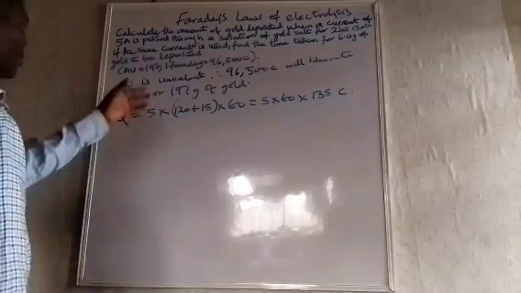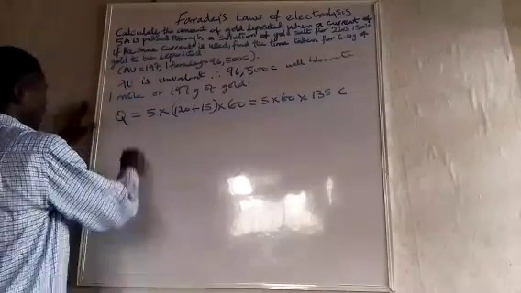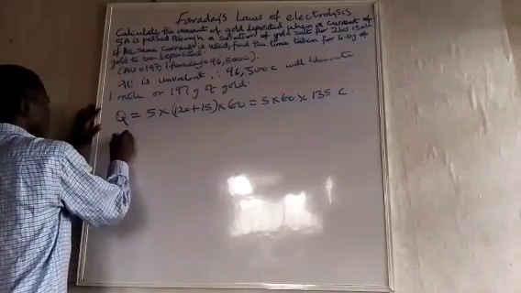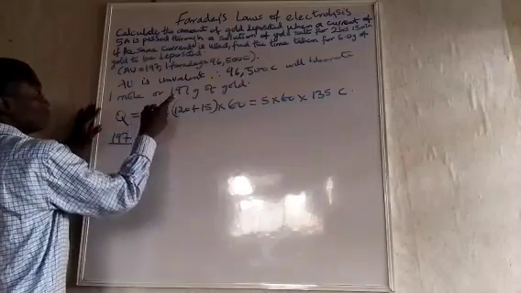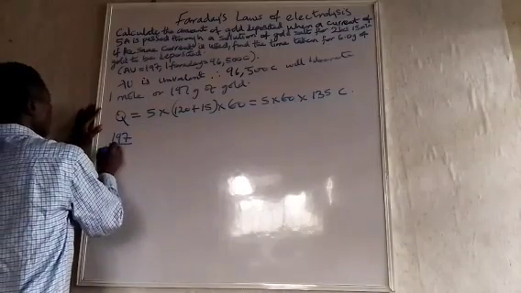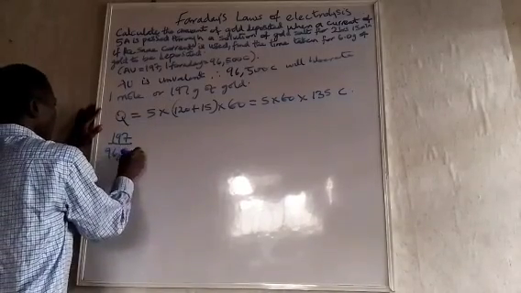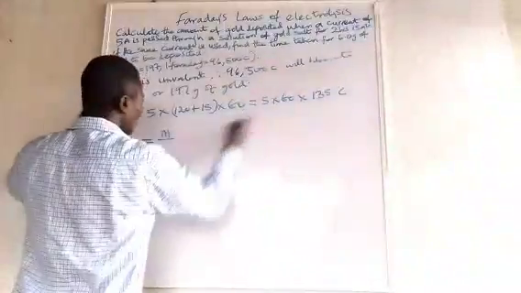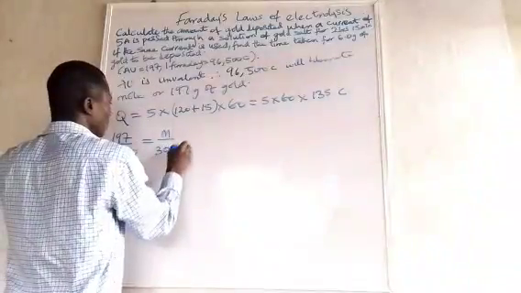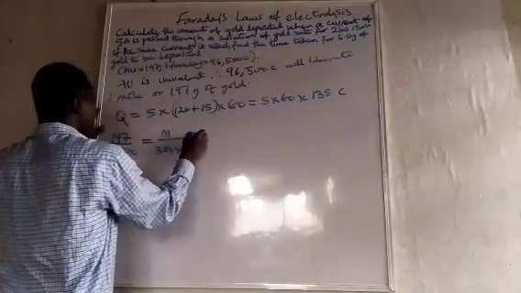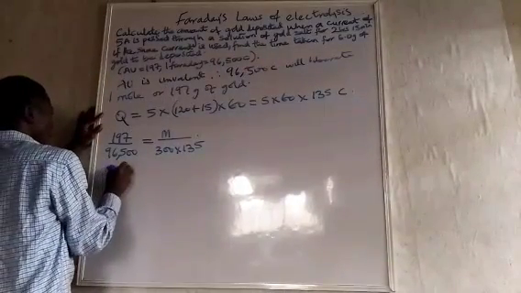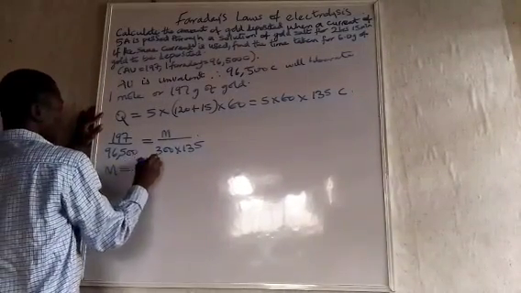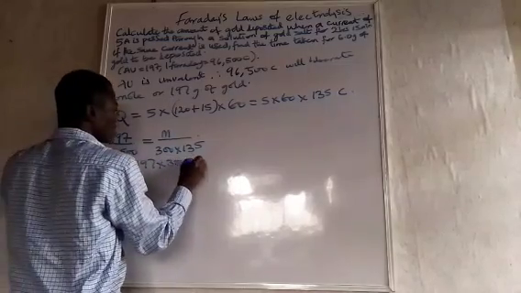So let's now see. 197 over 96500 will be equal to M over this 300 times 135. So mass discharged will be equal to 197 times 300 times 135